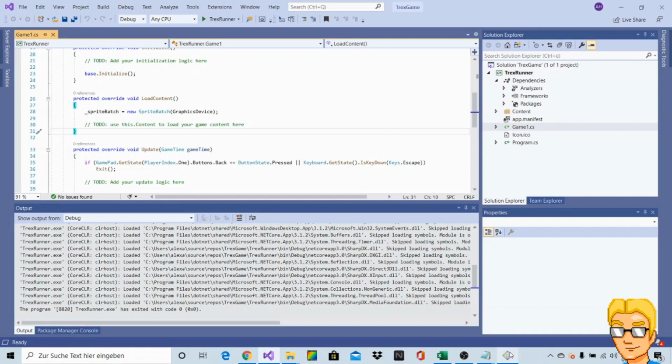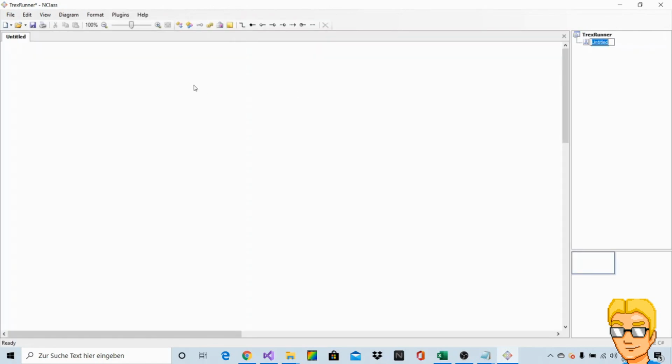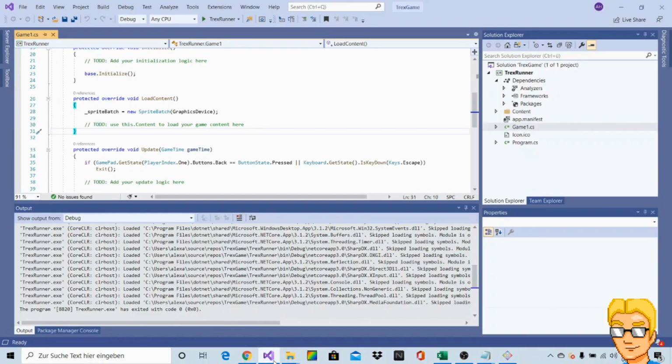Let's go into NClass and create a new project here. I'm just going to call it T-Rex runner. And then I can add a new diagram here and call it game. And let's see. First of all, when we go into the